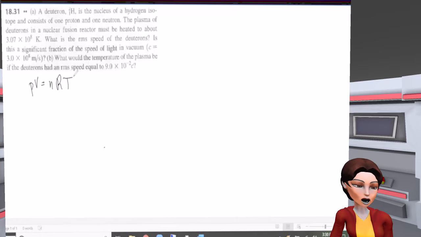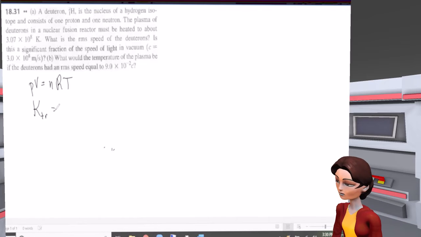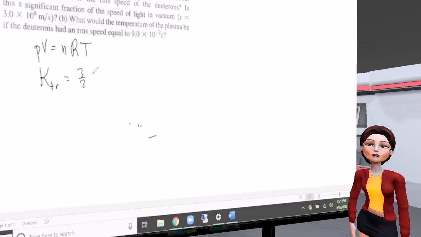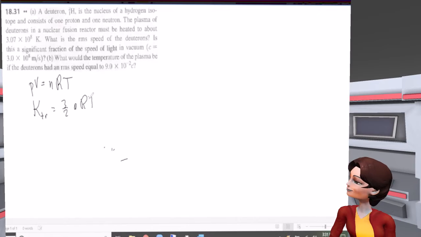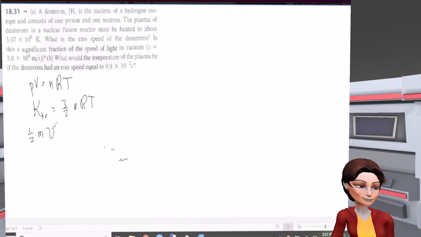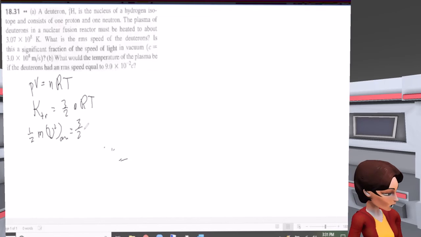From this ideal gas law in this model, we have that the kinetic energy of a particle, rather its translational kinetic energy, is 3/2 kT, from which we can then get the velocity, the average velocity anyway, to be 3/2 kT, and from that the root mean square, a measure of the speed,